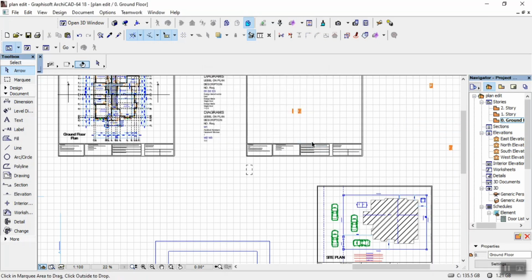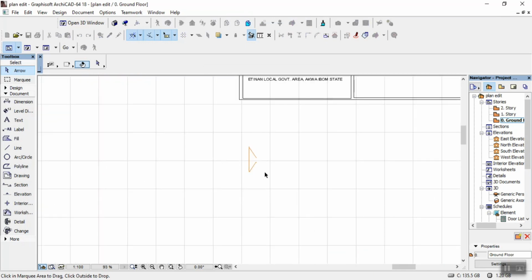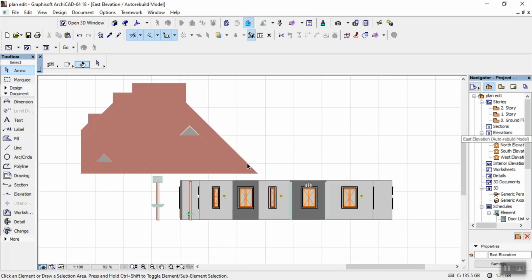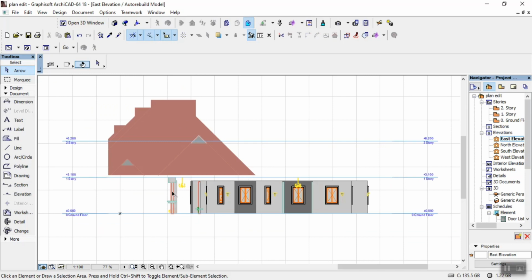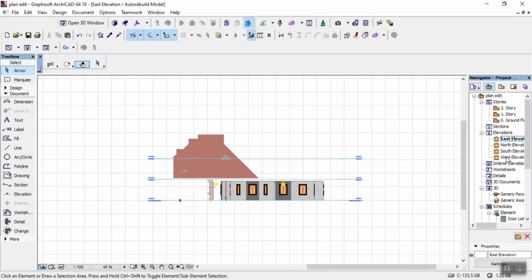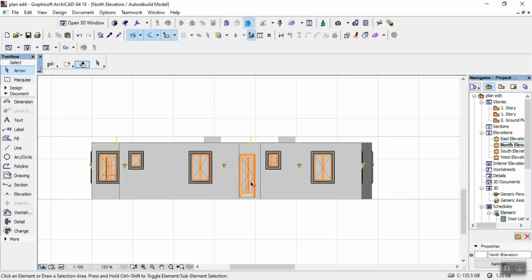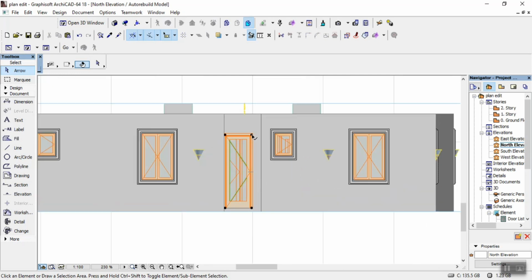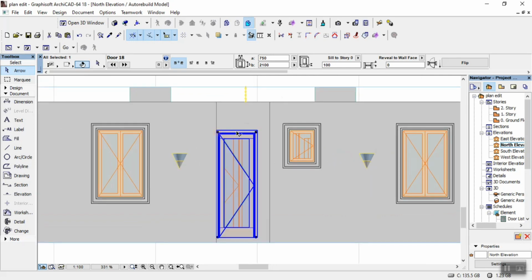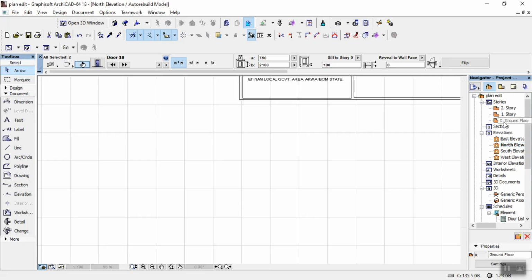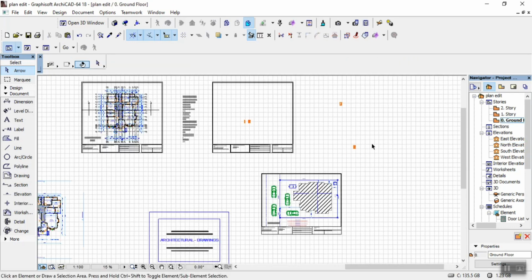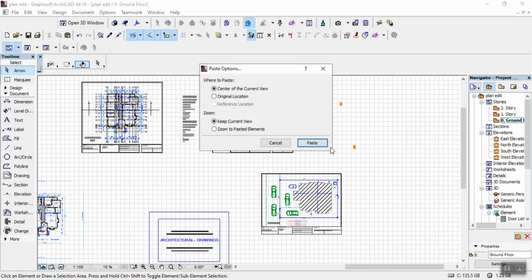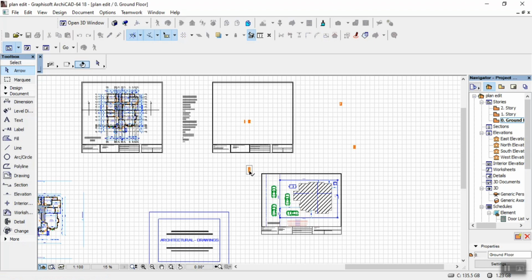Wrong copy. Go back to the east again. Come back here. Okay, you see it's only taking one side. Okay, I've got it. So I'll copy this, I'll come here. Always remember to save your project. I'll paste it here. Okay, I have one door now, this one door, but I'm still having 3 doors here,